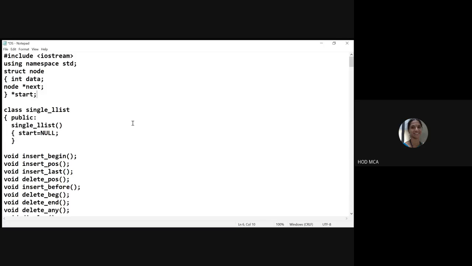So in this session we are going to see what is a linked list. Let us try to revise the single linked list concept, which is there for your internals starting tomorrow. So now I'm going to take up this program directly to tell you what exactly is a linked list, what are the operations that can be done on a single linked list, and how we can implement each of these operations. That is what we are trying to see here.